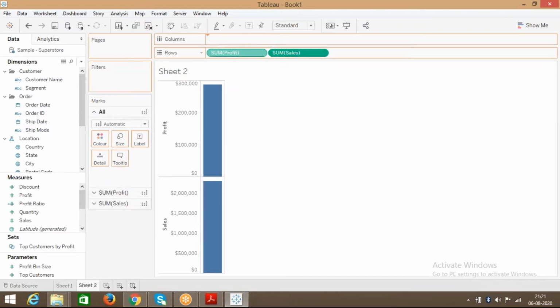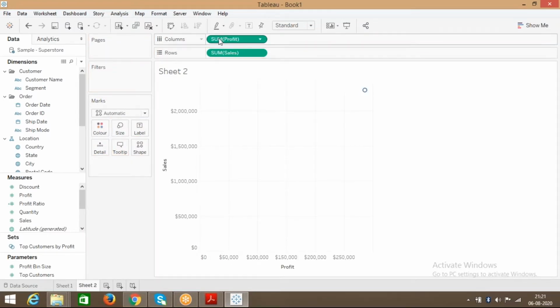Now, if you observe, there is one particular dot coming in, which means this is going to calculate the sum of profit as well as the sum of sales. So this is a kind of aggregated data.